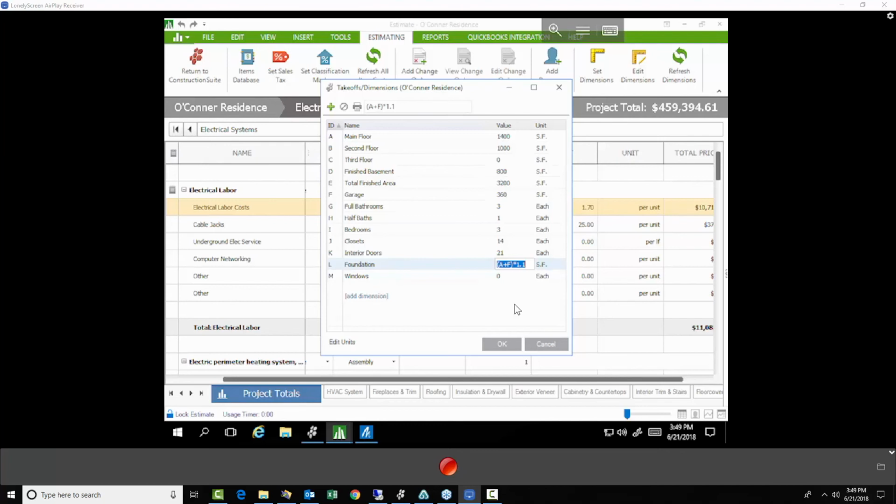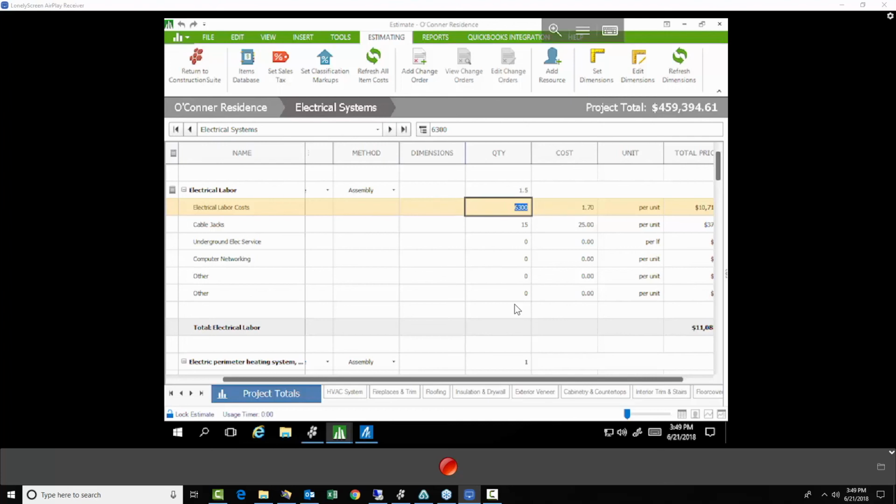Now, a follow-up question to that is, how would something like that actually be accomplished? And that is, once again, through the project templates. If you create a project template that knows it needs to have 750 or 800 different dimensions, apply that as a project template that already has the estimate in place, and that way all you have to do is copy the project or use that template to build your new project, enter those first 30 or 40 values, open up the estimate and click Refresh Dimensions, so that it'll go through and figure out what quantities we're going to have applied. Next, click Refresh All Item Costs, so that even if we built the cost book